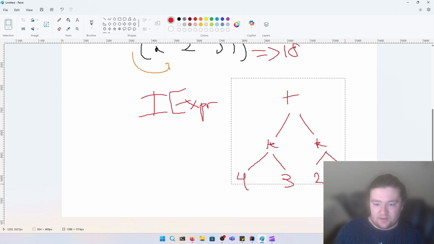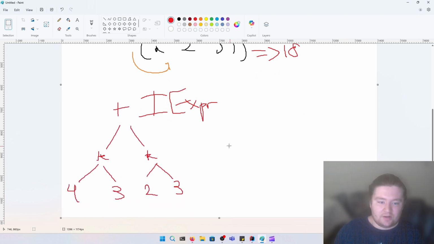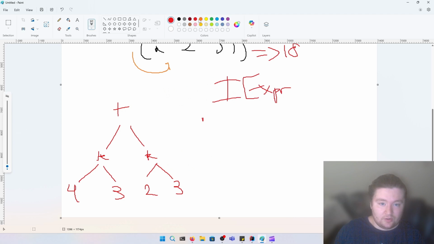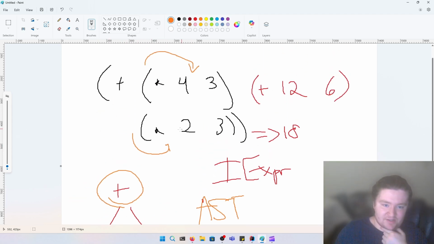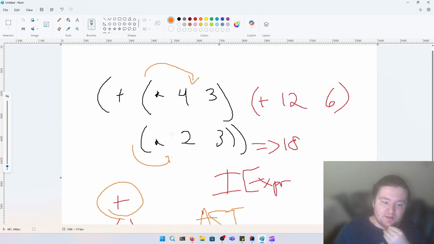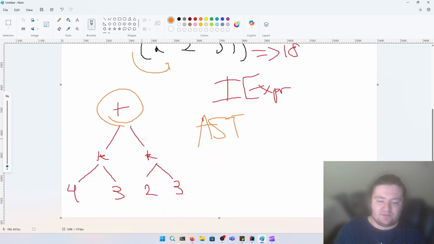So this diagram here is actually something called an abstract syntax tree. Okay? Effectively, that means we have a node or an element in this tree that represents some form of syntax in our program. Now, this isn't really an abstract syntax tree,